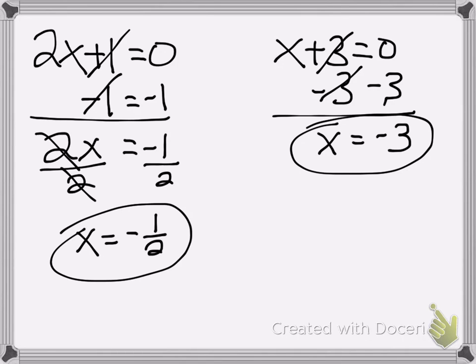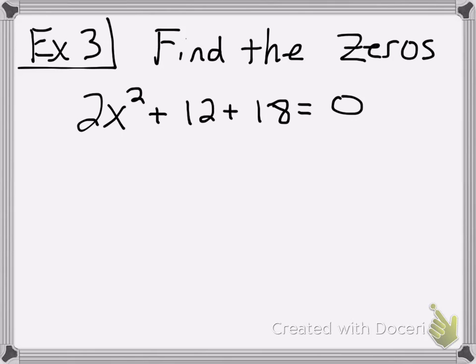Now, last example. Shouldn't take too long. Okay. Example 3. Alright, in example 3, I messed up here. This should say 12x. Alright. In this example,